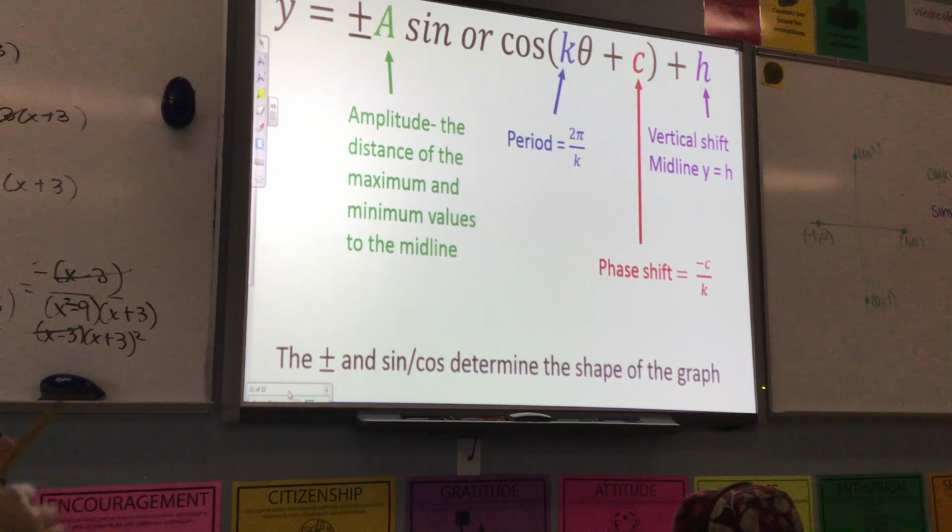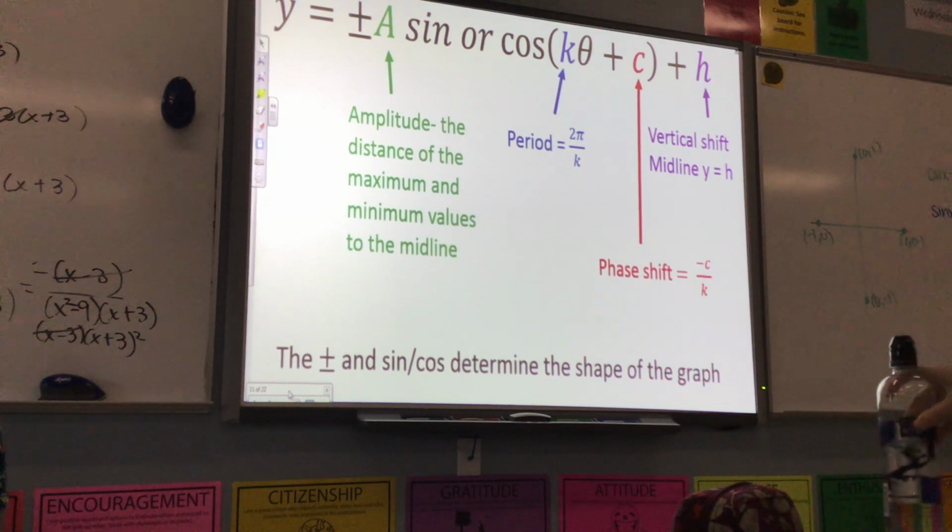Which two variables up there will stretch your graph either vertically or horizontally? Which variables, sorry: A, K, C, and H. What operation stretches? Is it multiplication or addition and subtraction? When you were back in Algebra 2, to stretch your graph or reflect your graph, was that multiplied by something or was it added or subtracted? Multiplied. So the two things in there that are multiplication with your problem are what will stretch your graph